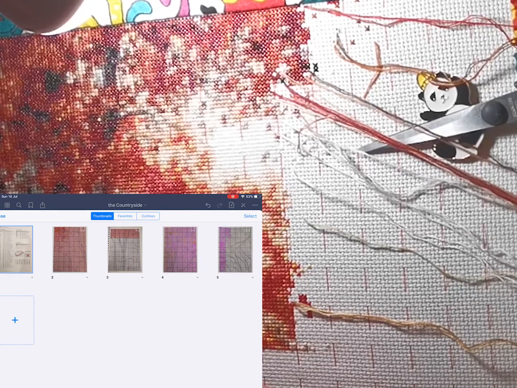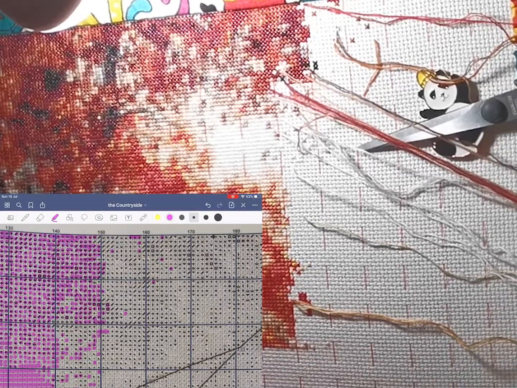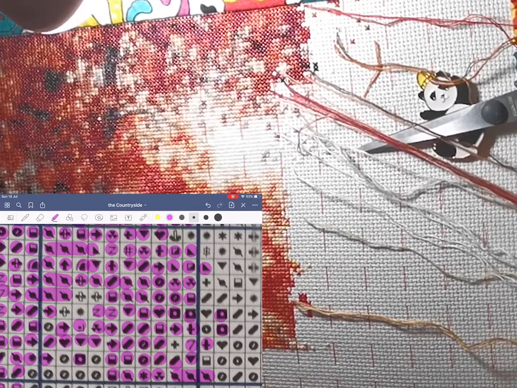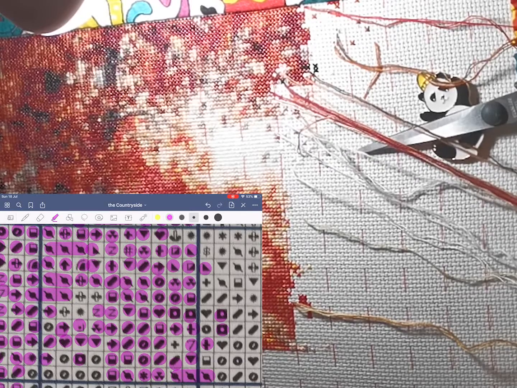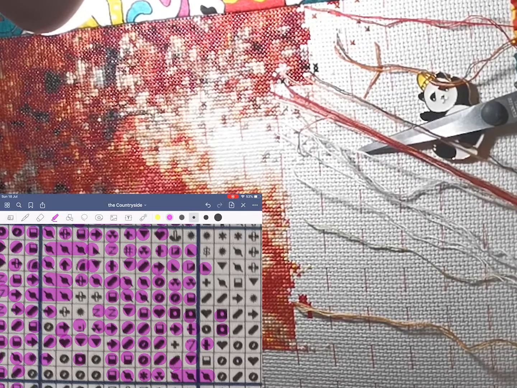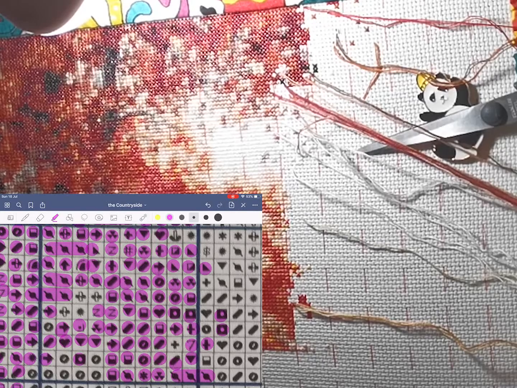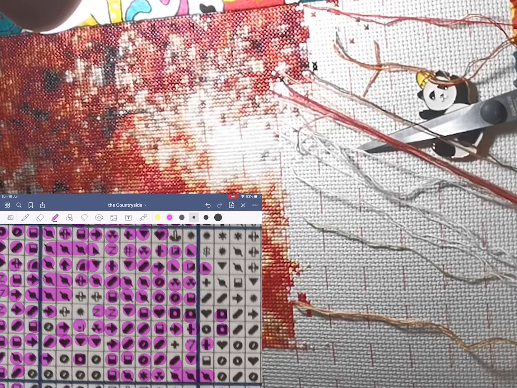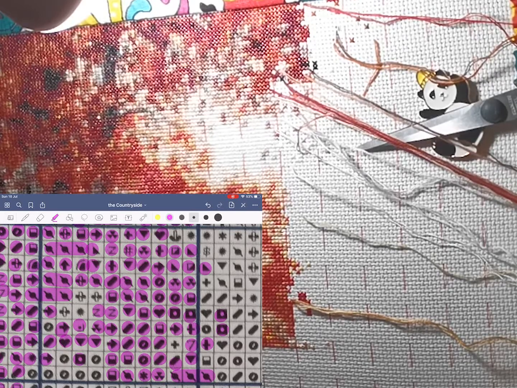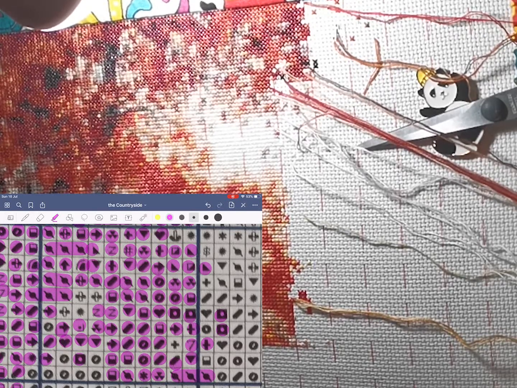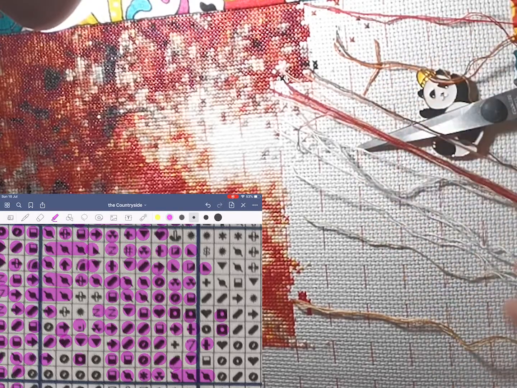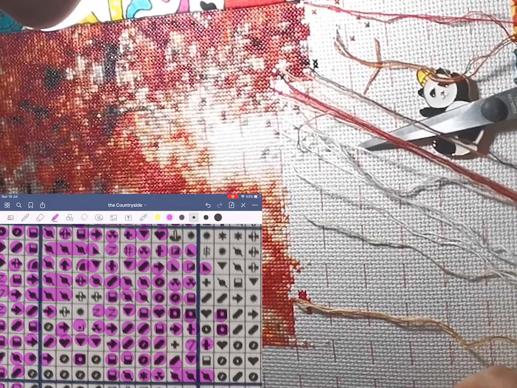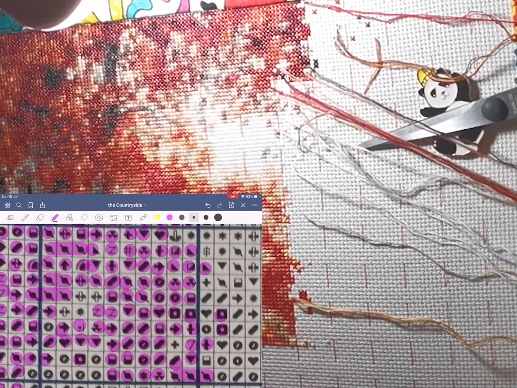So let's go there. As you can see, this is where I'm up to and what I'm focusing on. This video is not about how I stitch, but it's about how I stitch with GoodNotes. So I'm not gonna dwell too much on how I park and all those things. Just want to show you this bit. So I'm gonna start with